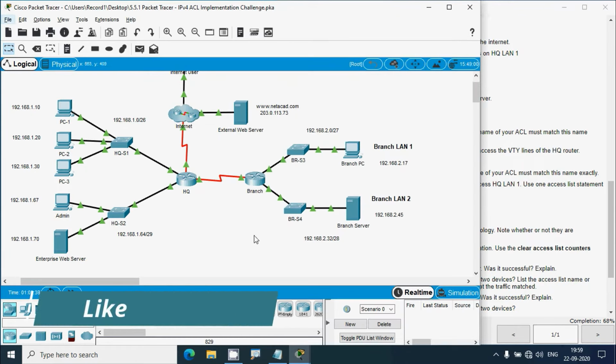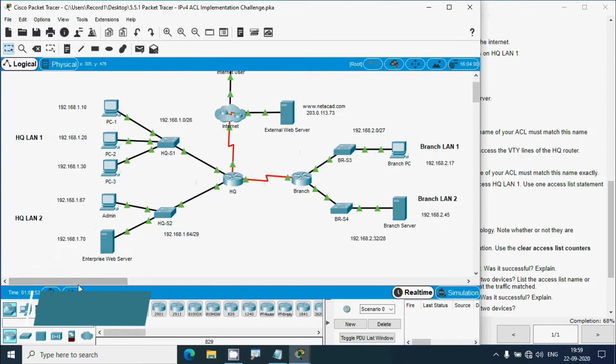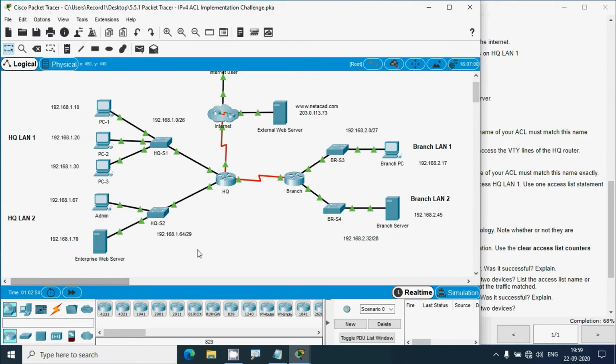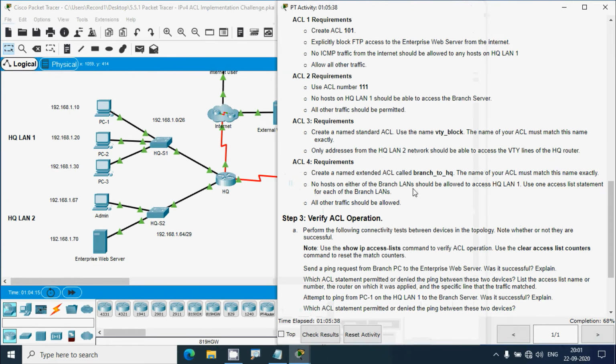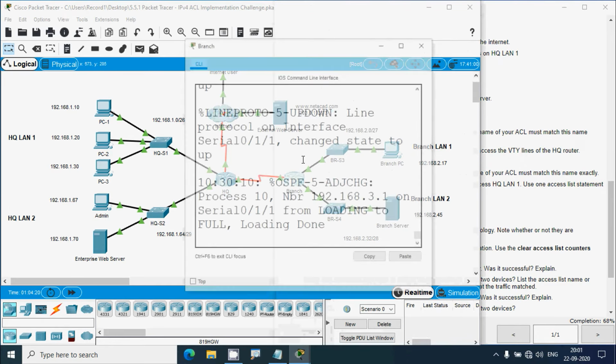Coming to our topology, as per the instruction, the devices from this network branch LAN 1 and the devices from branch LAN 2 are not allowed to access this network, that is HQ LAN 1. So we have to deny two networks, branch LAN 1 and branch LAN 2, to this HQ LAN 1 network. So we can create the access control list in this router branch. I will copy this access control list name. It's here. Okay, then we will go to this branch,